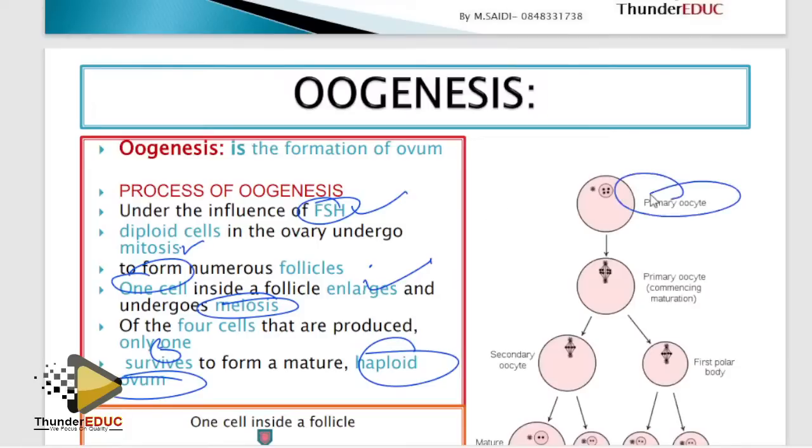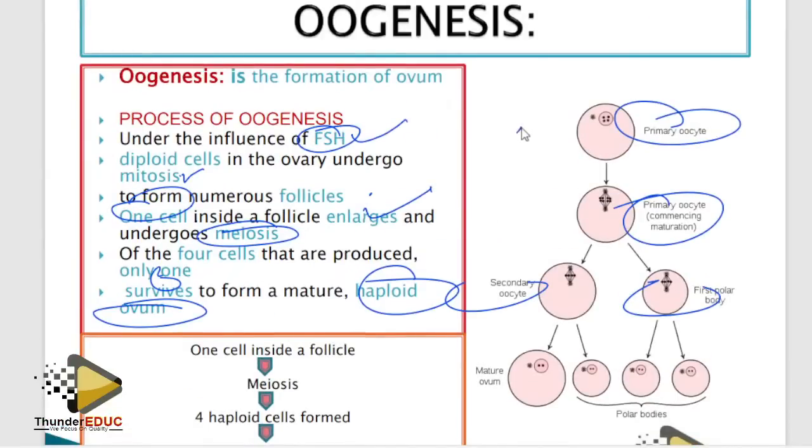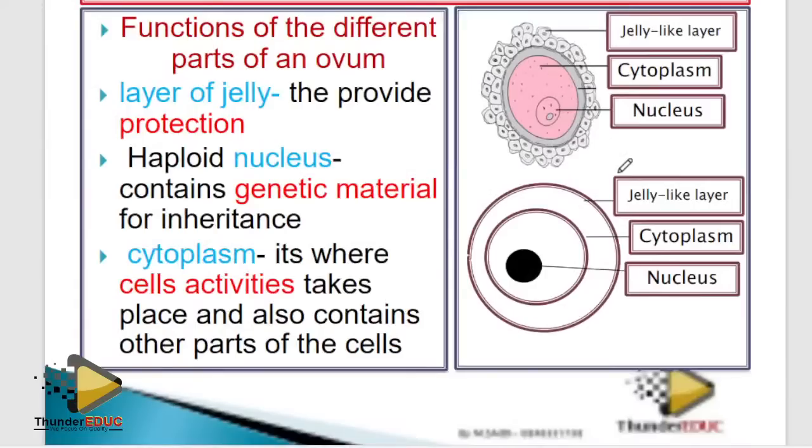Guys, we don't want these things. We bring this diagram to know that, okay, this is 2n, this is 2n, this is now 1n, this is 1n. If this is human, how many chromosomes? This is 46, 46, 23, 23. We bring this diagram just to confuse you with that. That's all. No complication here, I repeat. Let's go to the next one.